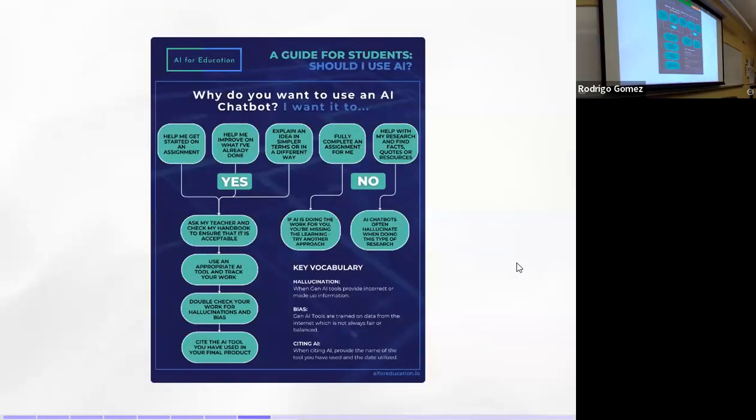Here's another thing. I was talking to my students about this the other day. Sort of a little roadmap, you know? Why do you want to use an AI chatbot? Do you want to help get started on an assignment? Yes, great. Continue on to this trajectory. Do you want to help me improve on what I've already done? Great. Continue down this trajectory, which by the way involves a lot of talking to your teacher, using something else